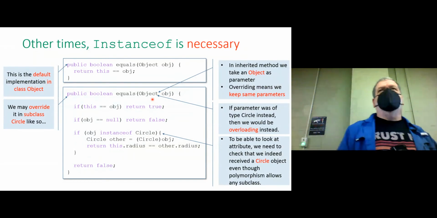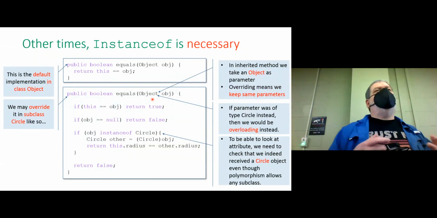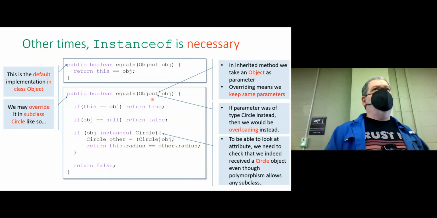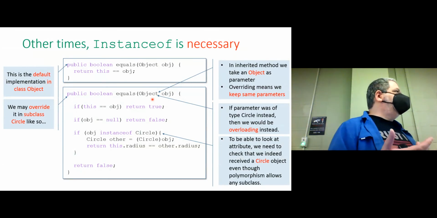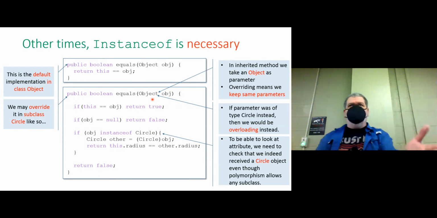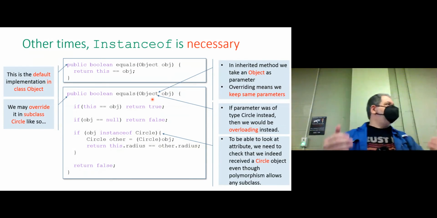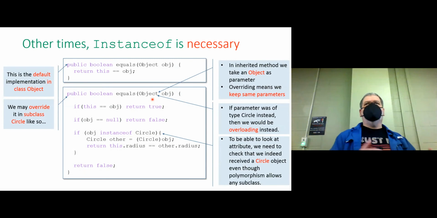Well, that new method will be called, no problem. But what if I pass an object? Then the superclass version is going to be called. That's the rule, right, with overloaded methods. With overloaded methods, you have multiple versions. You look at the argument data types, and you match them to the parameter data types of one of the